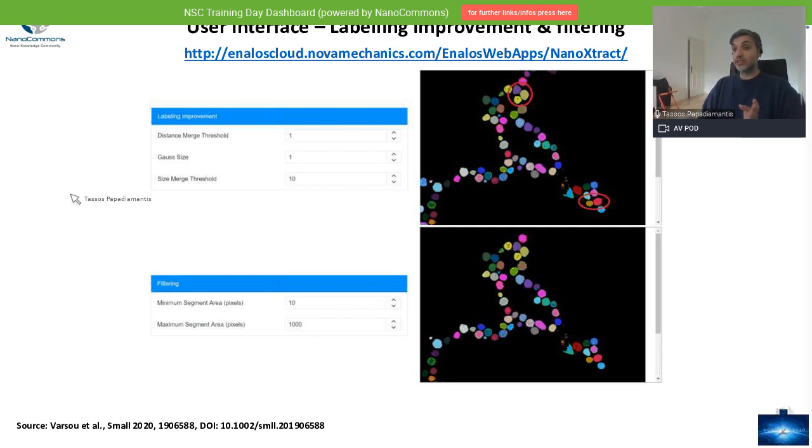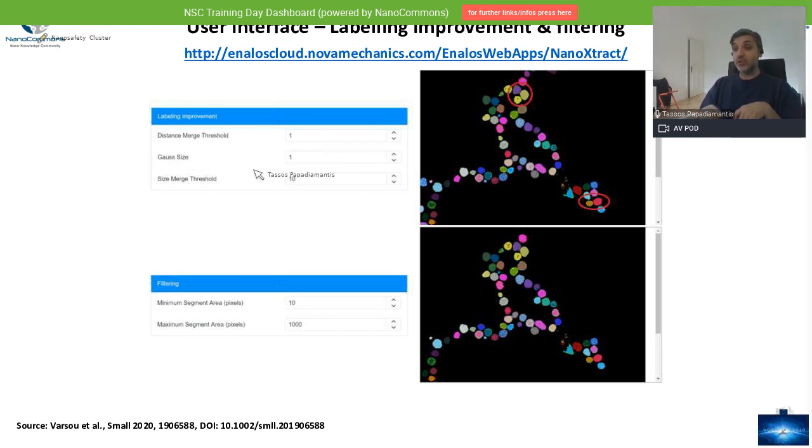All the values here are in pixels. If two divided segments are close enough, then these two should be merged together. As we're going to see in an example later on, if you have a row that's been cut in half because the tool thought so, you can play with these values and say, no, this is one, and you need to merge it.